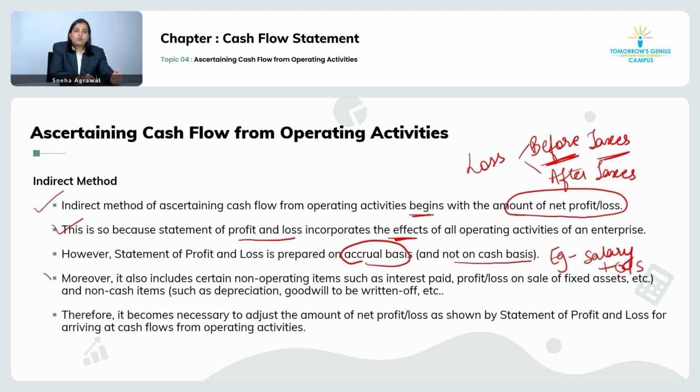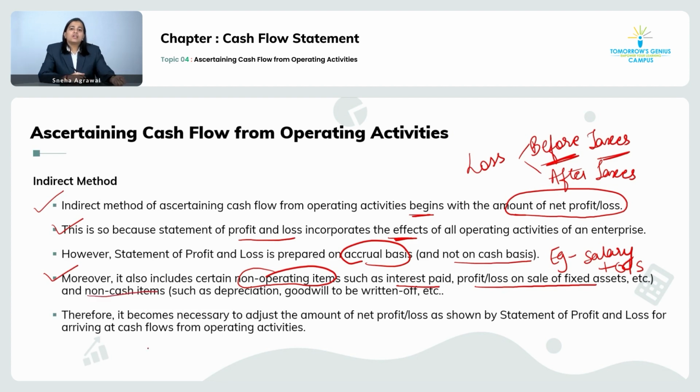Moreover, it includes non-operating items. So as told in financing activity, interest paid is your financing activity. But when you prepare the statement of profit and loss, we don't bifurcate whether that interest paid is my operating activity or my financing activity. Why? Because we are only interested in knowing the profitability of the business and not knowing whether it is operating, financing or investing. So examples like your interest paid, profit and loss on sale of fixed asset,